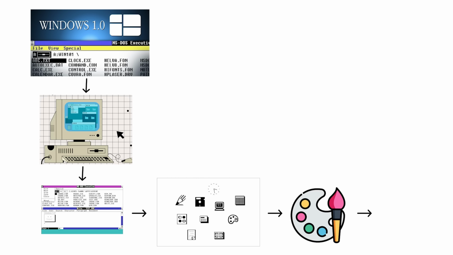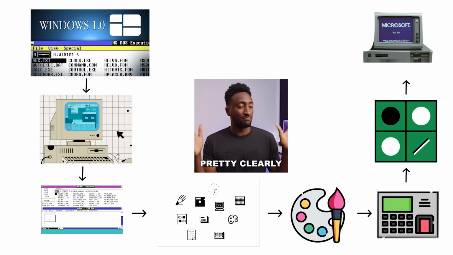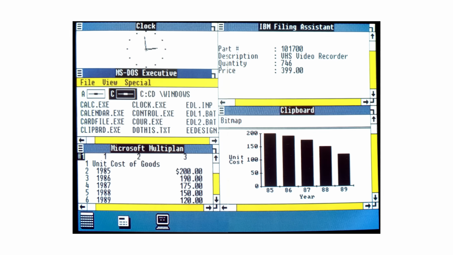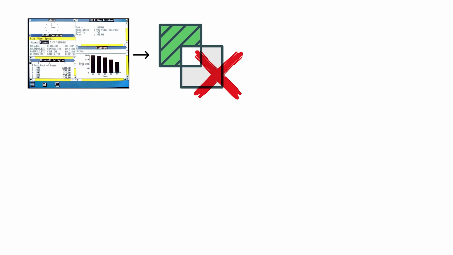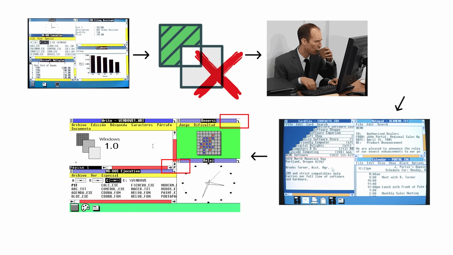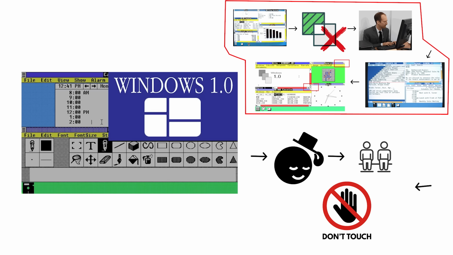Programs like Paint, Calculator, and the classic Reversi game were included, because clearly Microsoft wanted to prove computers could be both useful and a little boring. The windows on screen were stuck in a tiled layout, meaning they could not overlap. If you wanted multitasking, you got multi-glancing. There were no minimize or maximize buttons either, just windows politely sitting side by side like children told not to